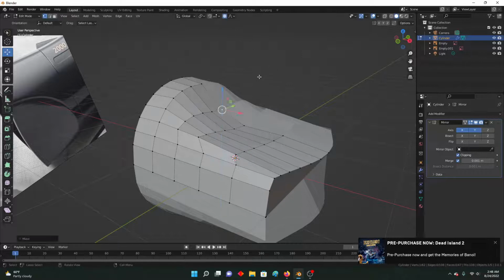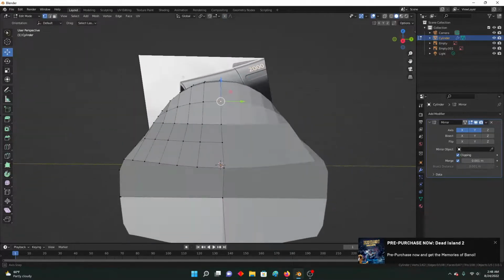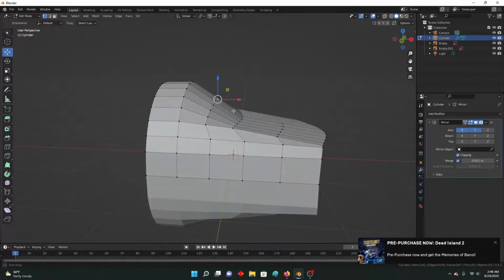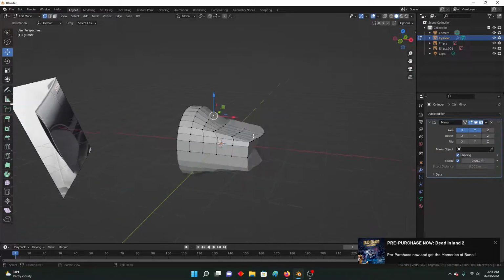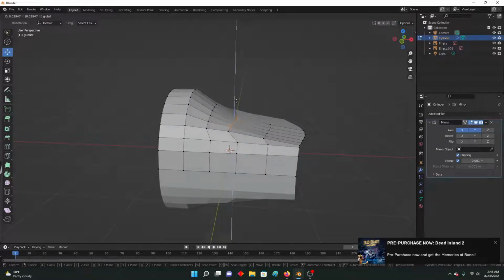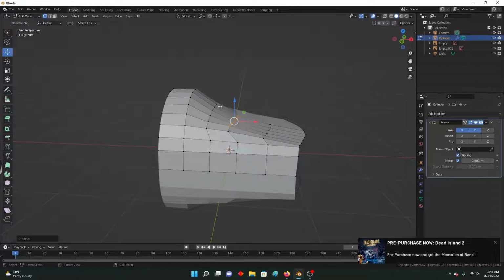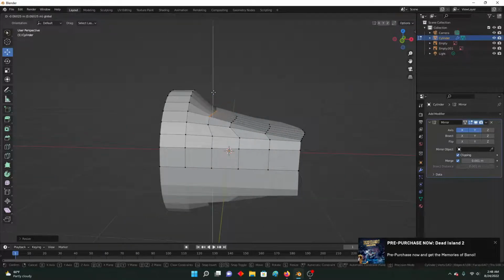You might be messing with it for so long. It could honestly be easier to just turn off proportional, and it's just hard for me to see the shape from the pictures you have, but you kind of just want a flat arc. Maybe that's too low. Bring it more like that. Oh yeah, it's not flat, it's not flat. So we'll do this, and then S Z 0, and then